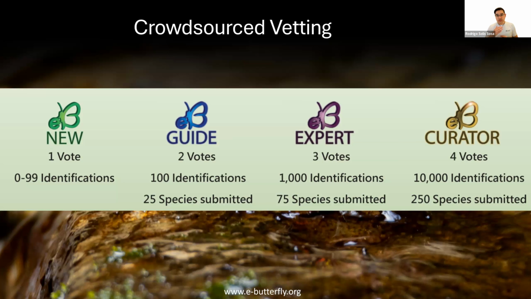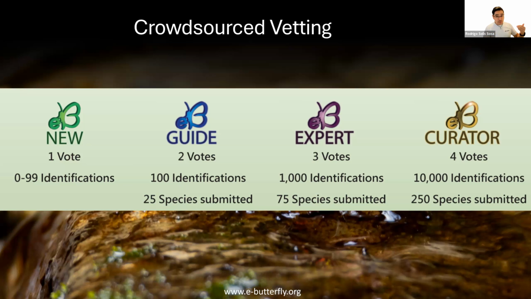So as soon as you sign up, you will get this green badge that you see on the extreme left, which says new. That means that your vote is worth 1. So every time that you vote, your vote will be worth that. But the more experience you keep accumulating within the site, either with identification, so participating, identifying other observations, or submitting different species of butterflies,